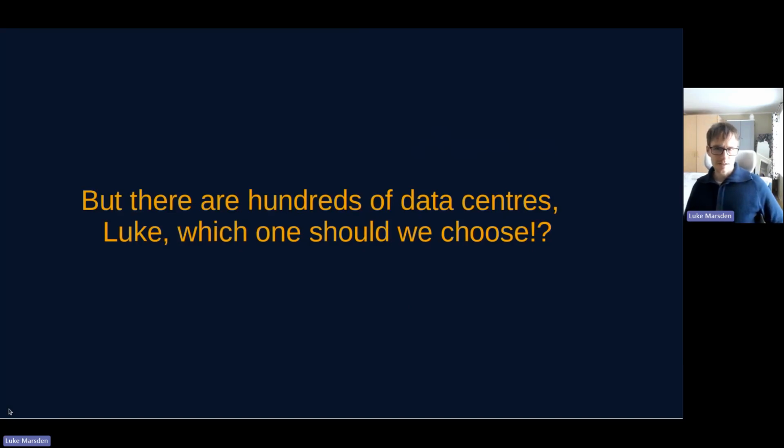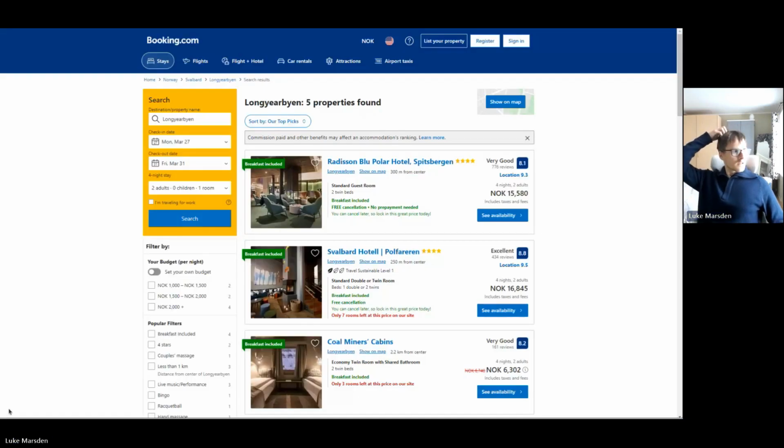The important thing to know is that not all data centers are equal. An analogy I like to give is that a good data center should work a little bit like Booking.com or any other search interface. You can imagine that each data set is like a single hotel or a room, and Booking.com is only useful because it's searchable.